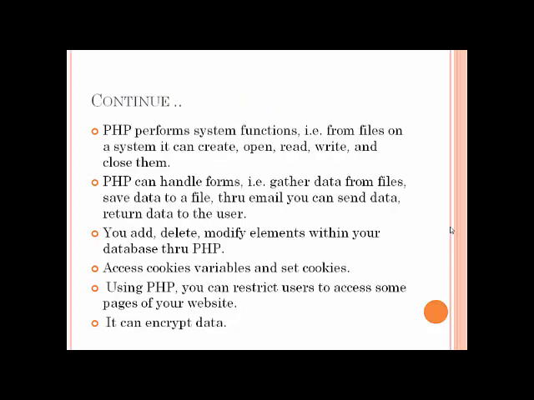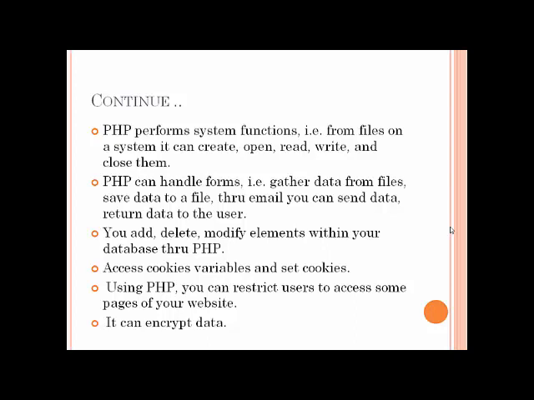Next, PHP performs system functions like create, open, read, write, and close. So you can perform these functions with PHP. PHP can handle forms very easily.